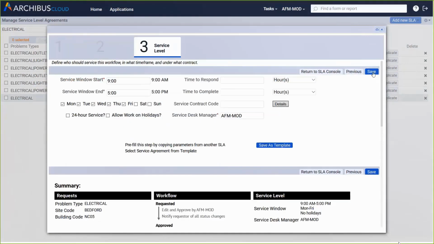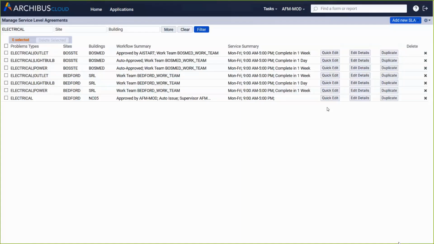completion. And then the last thing we do is we just determine when are we going to execute this type of work. So we know it's a typical Monday through Friday, 9 to 5 work function. We save it and we've updated our work. So we can set up different workflows